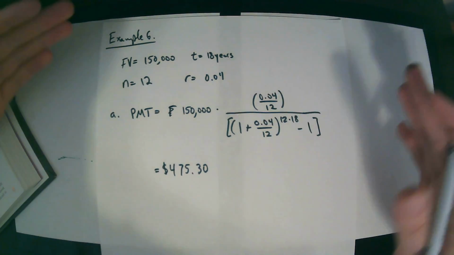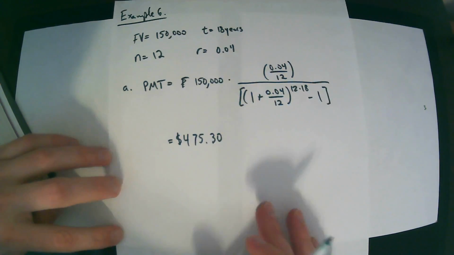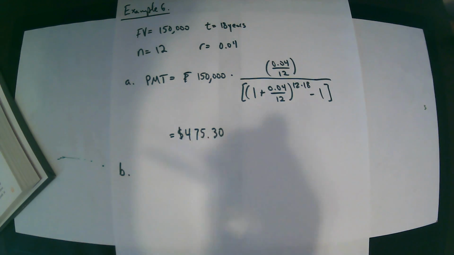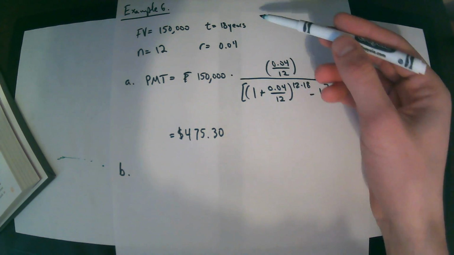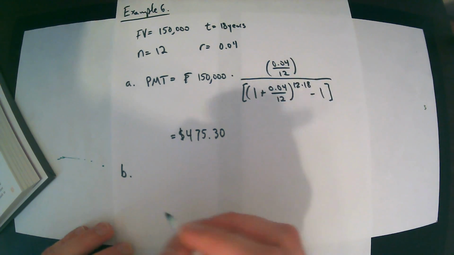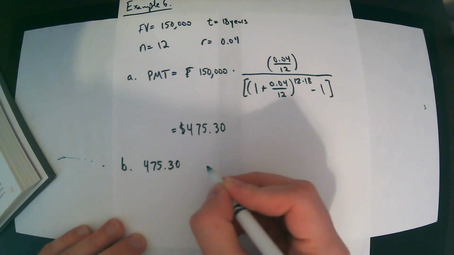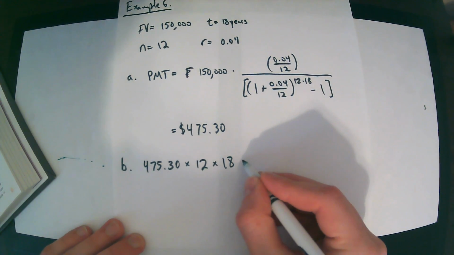Okay, so skipping through the calculation there. Part B says, how much of the $150,000 will she ultimately deposit in the account, and then how much interest is earned? So if these are her monthly payments, how much is she contributing to this $150,000 over the course of 18 years versus how much is the account contributing with interest? So we'll say, okay, so 475.30 times 12 payments per year for 18 years, and that's going to give me,